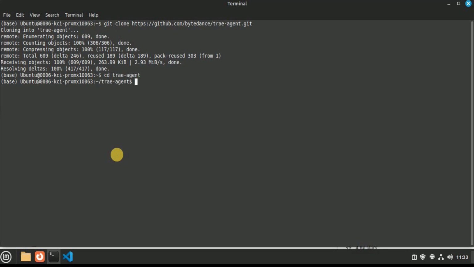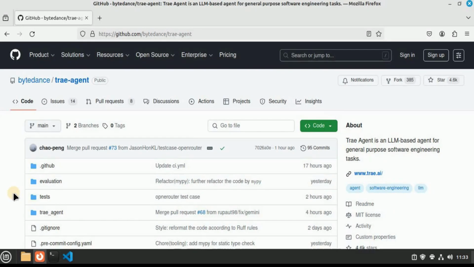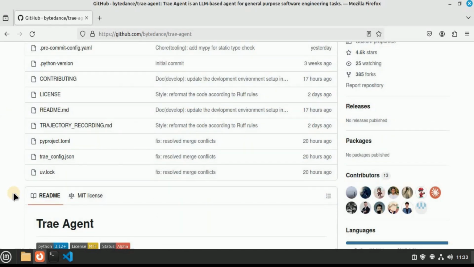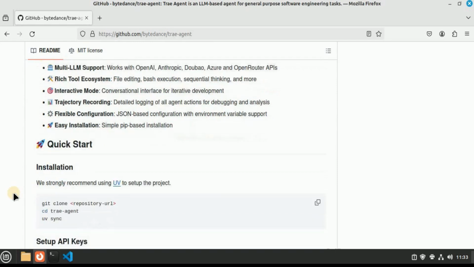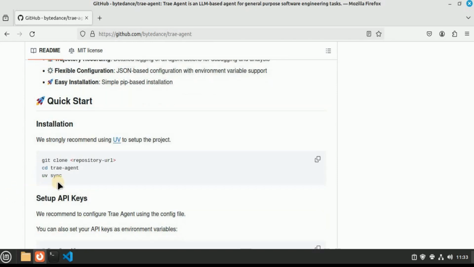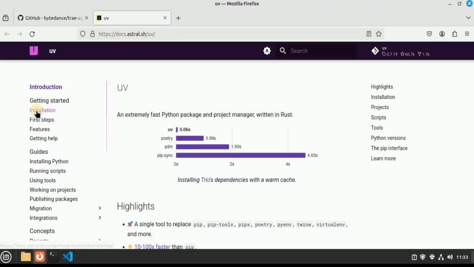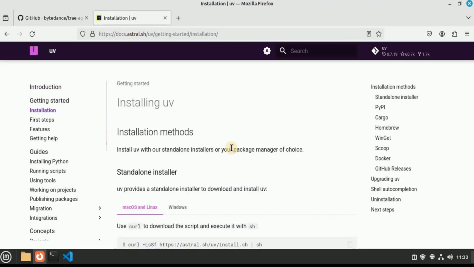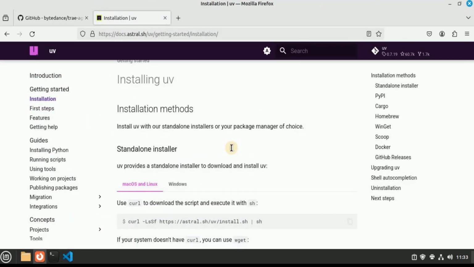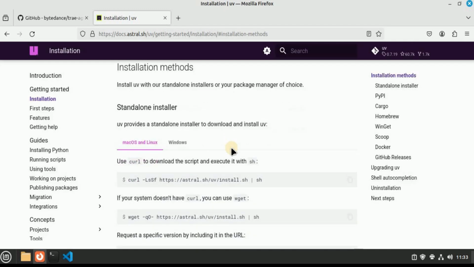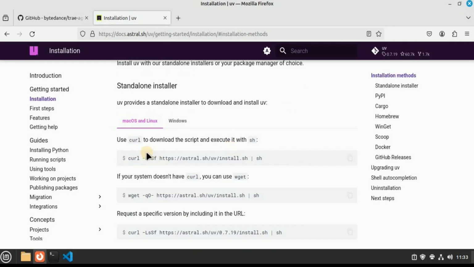So once you are inside the repository, next you need to download all the dependencies, which, if you go to the official GitHub repo, you will see that they have done using uv. So you need to have the uv package manager installed on your system. If you don't already have it, you simply have to click this tab. From here, you need to go to the installation of uv, and there they will provide you the installation methods for Windows and macOS both. So use the method which is most appropriate for you. I'm going to use this curl command to install the uv package manager.